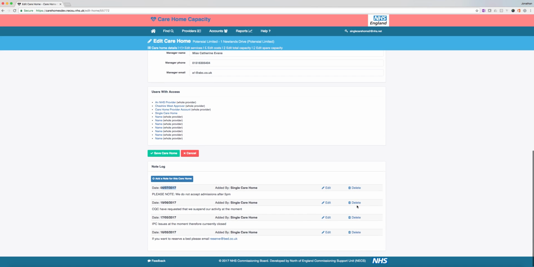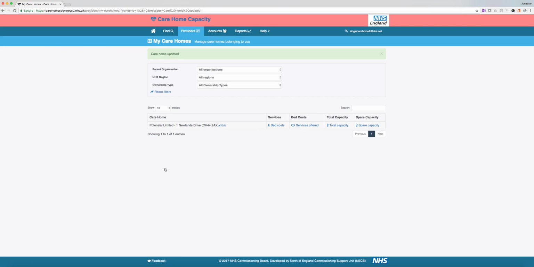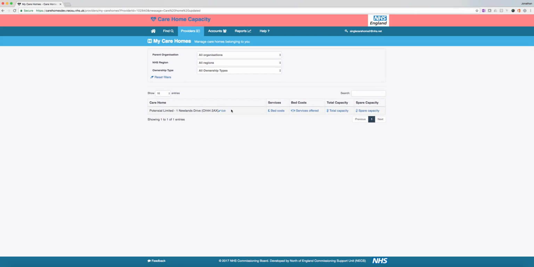and over here all of the historical notes can either be edited or deleted. For example, I could just say, oh, we don't have any IPC issues now, I'm going to delete it. Okay, and that's disappeared from my notes. So I just save my care home. That's information done. That's where I went into. That was step 1. Step 2 is to